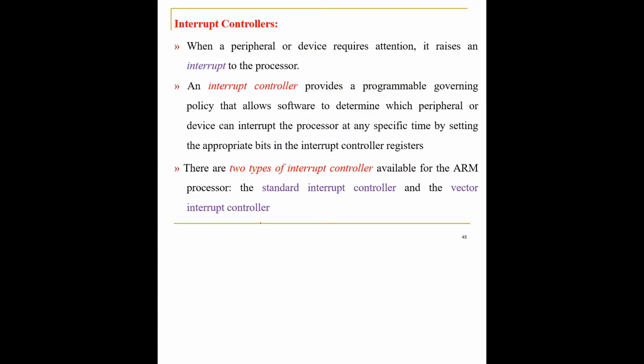Moving on, next, interrupt controller. Interrupt controller means, let us say your processor is busy with some processing. Let's say you have a keyboard, a monitor, an LED display, a speaker, and a mic. Now, you are pressing something on the keyboard, that is, you want some data to be given to the processor.